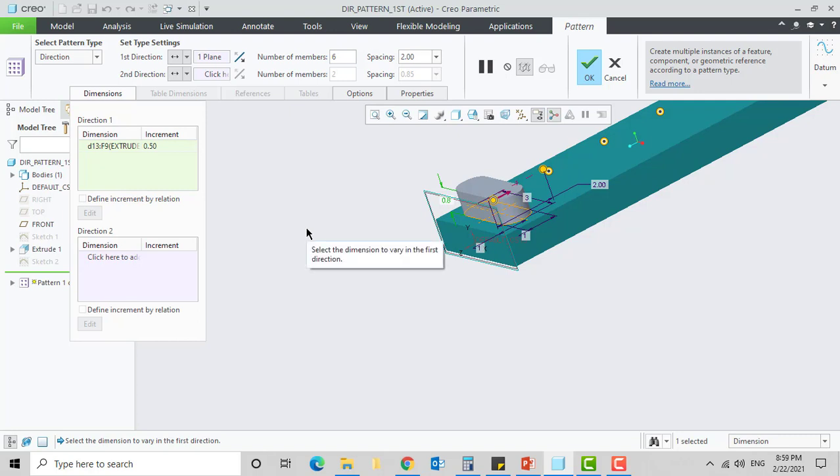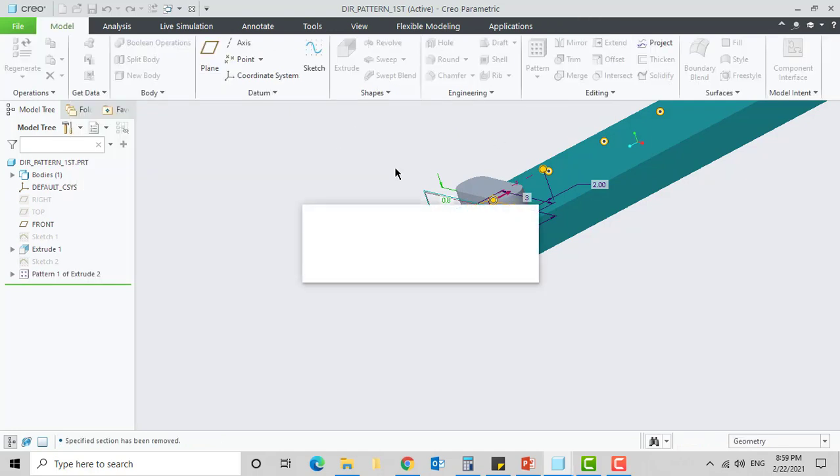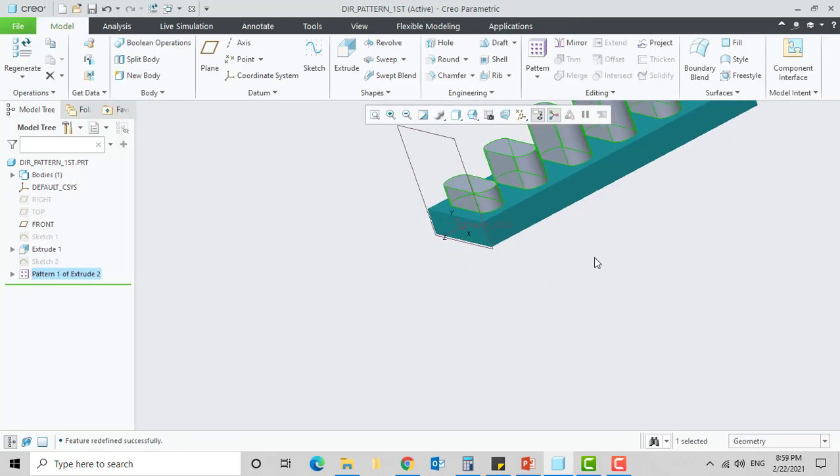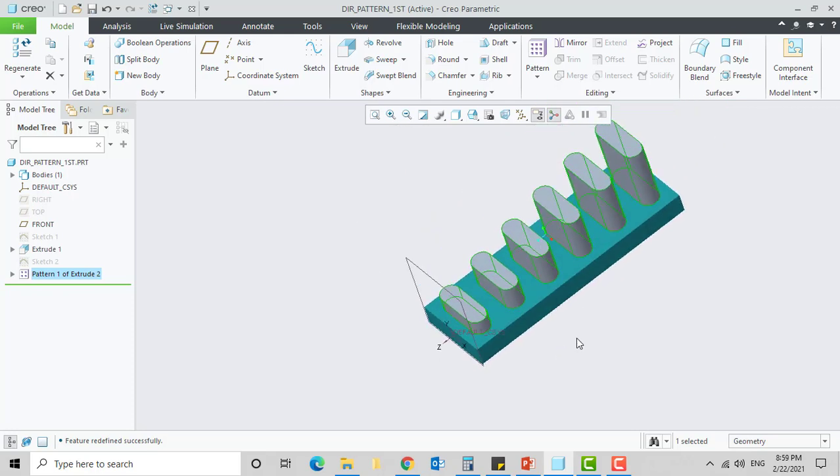Complete the feature. Now you can see the pattern with varying height of 0.5, so the consecutive patterns will be incremented by 0.5 in height.